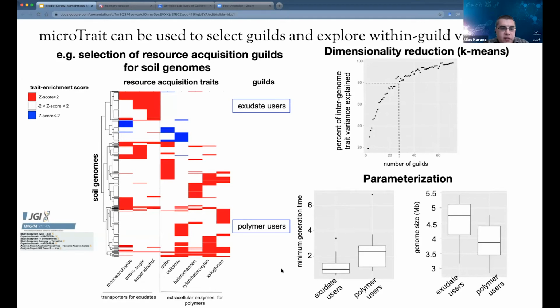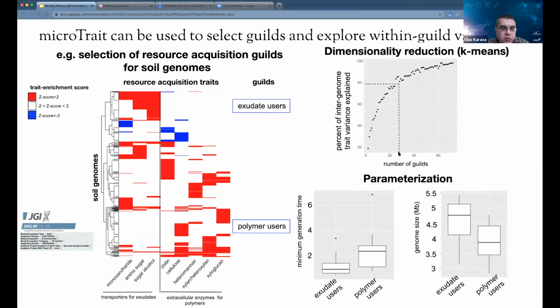So you can see that there are a lot of other guilds, like middle guilds, that you can get from this. So you want to get a picture of how many guilds you need once you want to model this, and you can discover this with, say, k-means clustering to achieve a dimensionality reduction, where in this case something like 26 guilds will cover 80% of the variation in this data set.